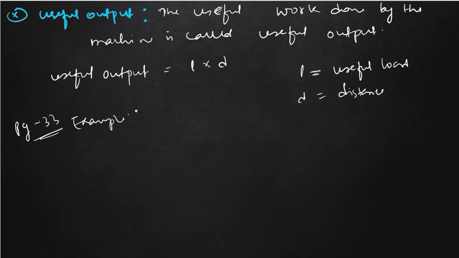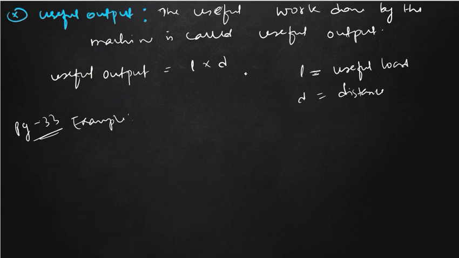If a machine is able to lift a load of 40 Newton, so load is given, such that the resistance due to friction in the movable parts of the machine is 10 Newton, then the total load lifted will be 10 Newton plus 40 Newton, that is 50 Newton. That means the total load a machine can carry is 50 Newton, but it can lift only 40 Newton, and the rest is lost due to friction. If the displacement is 1 meter, then actual output, which is the total load, is 50 into 1, that is 50 joule. And useful output: it can carry a load up to 40 Newton, so useful output will be 40 Newton into 1, that is 40 joule.